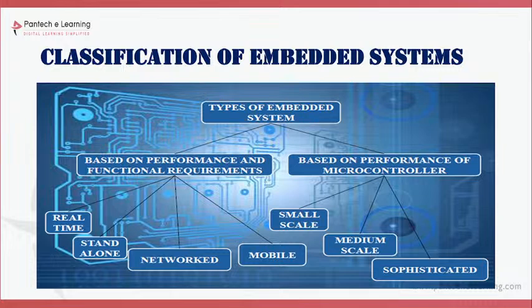Then, classifications of embedded systems. There are many classifications available. An embedded system is divided into 2 parts: based on performance and functional requirements, and based on performance of the microcontroller. Based on performance and functional requirements is nothing but depending upon the function. What I said before, an embedded system is used to perform a specific function. It is a combination of hardware and software intended to do a specific function, depending upon that function